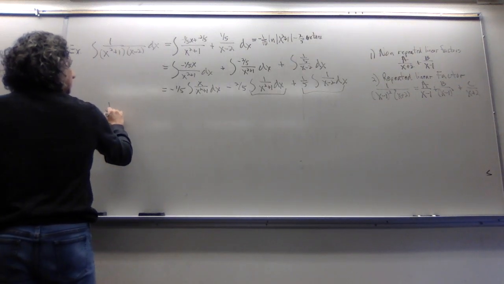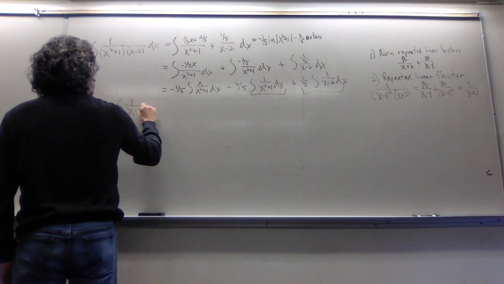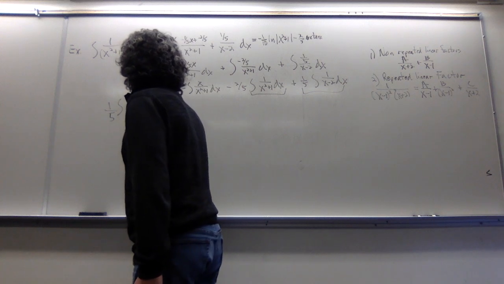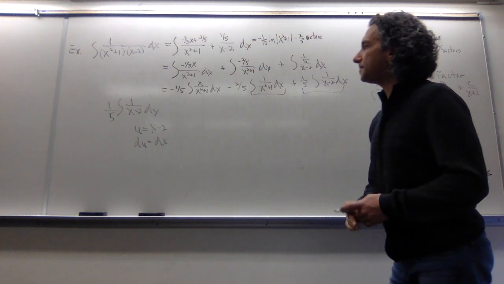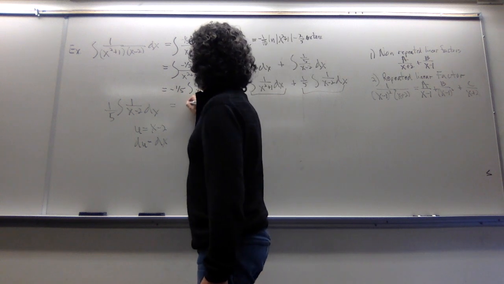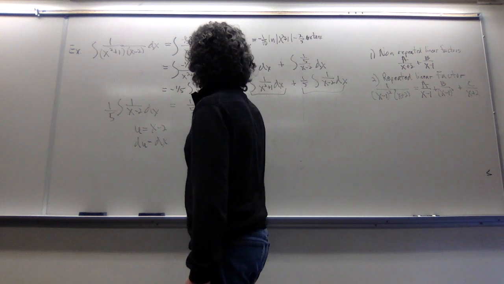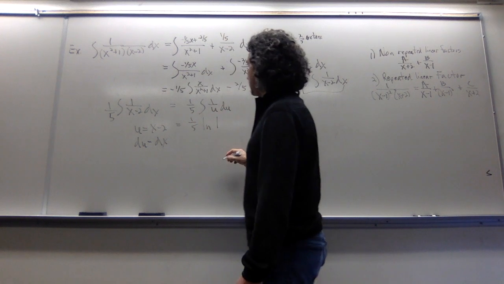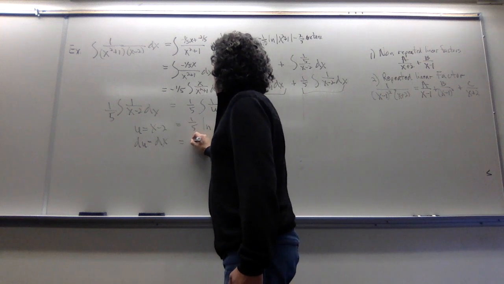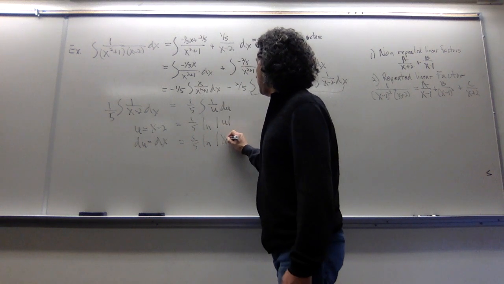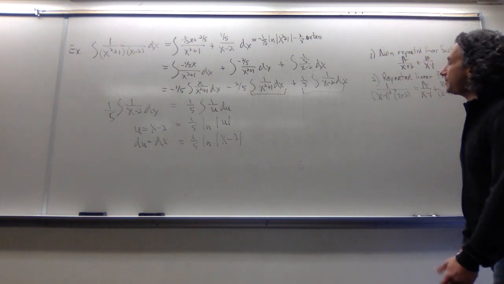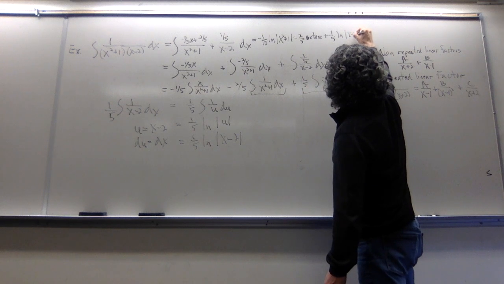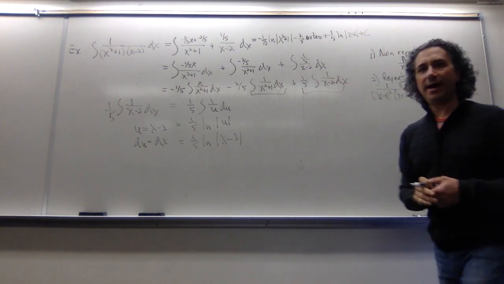So that's that guy. So let's take care of this guy now. So we have 1/5 the integral of 1 over x minus 2 dx. I'm going to let u equal x minus 2. du is then dx. So this is the same thing as 1/5, the integral of 1 over u, du, which is our good friend natural log, the absolute value of u, or 1/5 ln the absolute value of x minus 2. So let me add that in here, plus 1/5 ln of the absolute value of x minus 2, and finally, I will add the c back in.